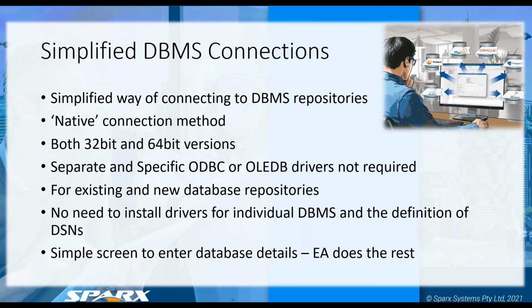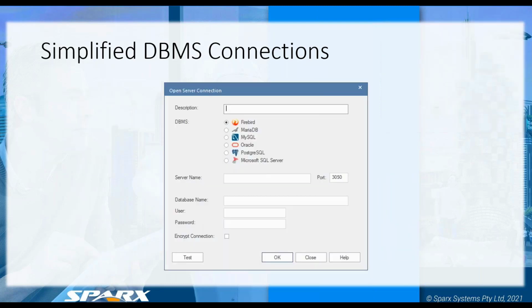Obviously, the ProCloud server does alleviate that somewhat, where you can have that ODBC driver on the ProCloud server, match it up, and then connect to it via the HTTP connection. However, for both EA and the ProCloud server, it now supports a native connection to the databases. And what does that look like? So it's just basically a simple screen here. Pick what database you're going to be using, enter the server, the port, the name, username, password, etc. Give it a test. Once it works, hit OK and go, and then that's all you have to worry about. No need to worry about any of those drivers.